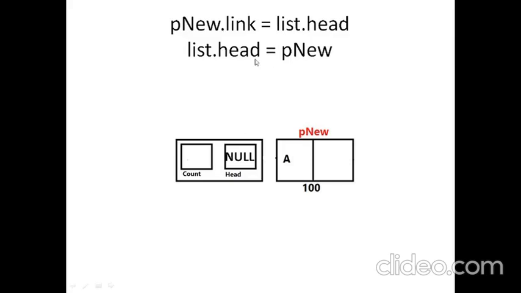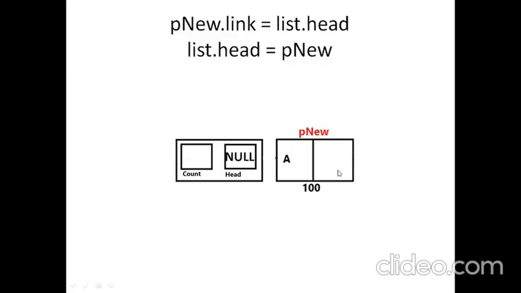Let us assume that the first case is the list is empty. So the list is empty and there are no elements in the list as of now. In that case, this is the condition. The head is null. I'm going to ignore the count variable for my discussions because it is a rudimentary activity that you have to keep incrementing and decrementing whenever you insert or delete, and it's not helpful for the implementation in any way. I'm just going to ignore it and focus on the pointers only. So the head is right now null because it's an empty list.